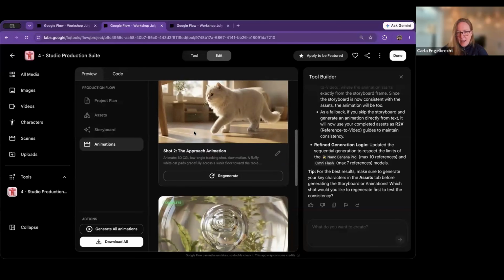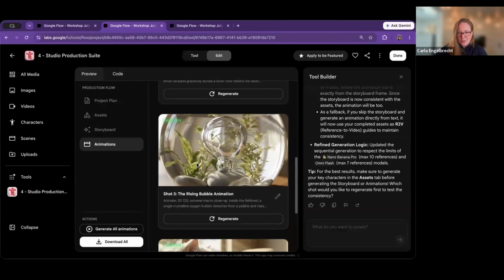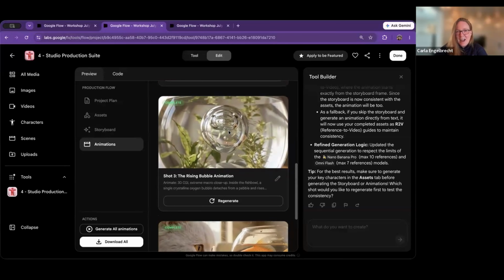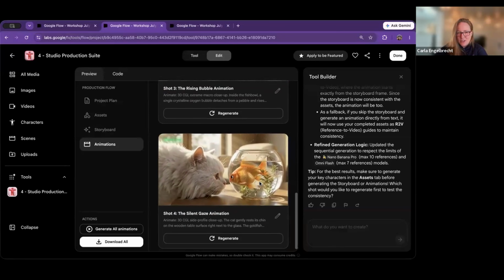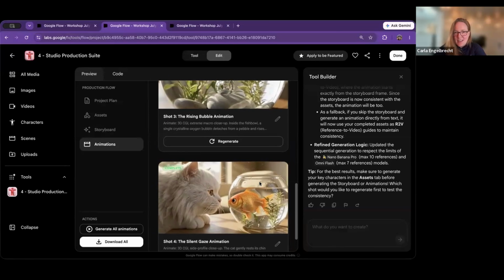Just to look at this. So we've got our cat, got our bubble. I really like that. It's very pretty. We just are missing the fish. And then we've got the cat and the fish. So you can start to see